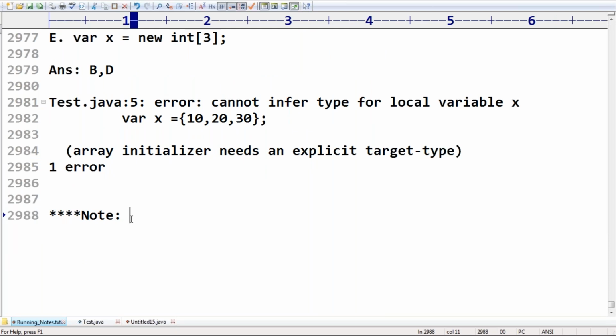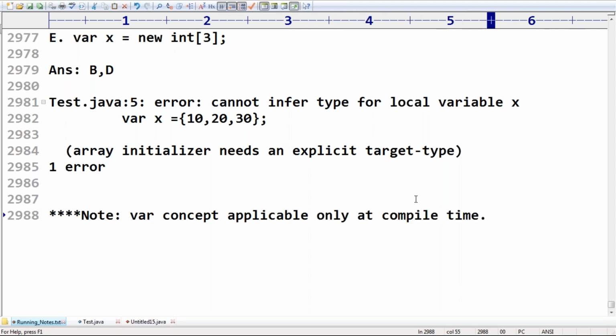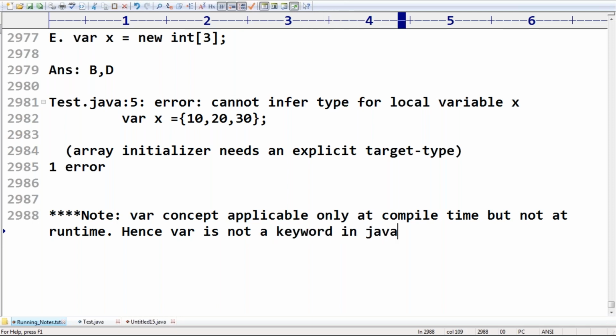The var concept is applicable only at compile time, but not at runtime. Hence var is not required to be a keyword in Java. Of course, it is not a keyword.